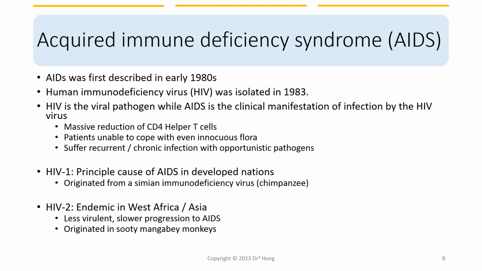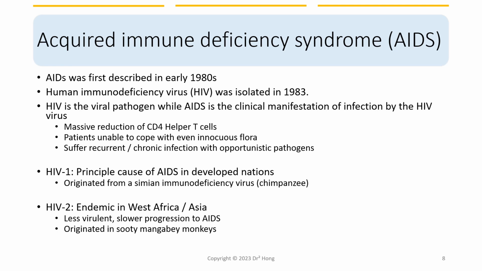CD4 cells are crucial for adaptive immunity, with cell-mediated activation of CD8 cells and macrophages and activation of B cells. The patients infected with HIV are unable to cope with innocuous flora, leading to opportunistic infections